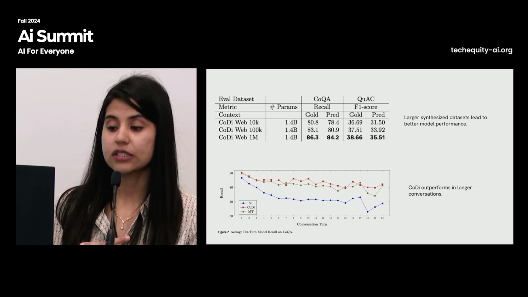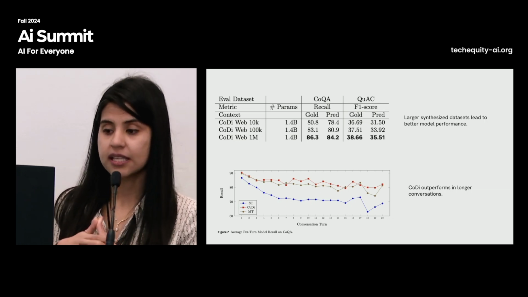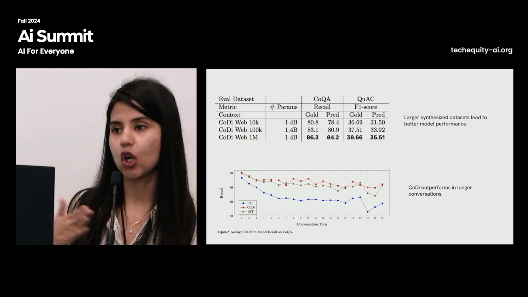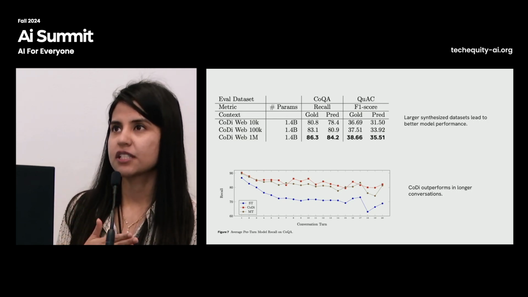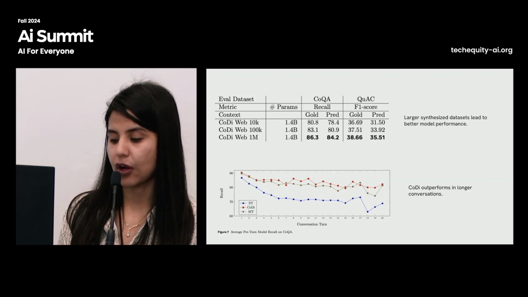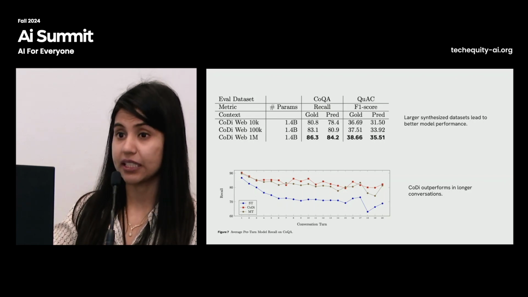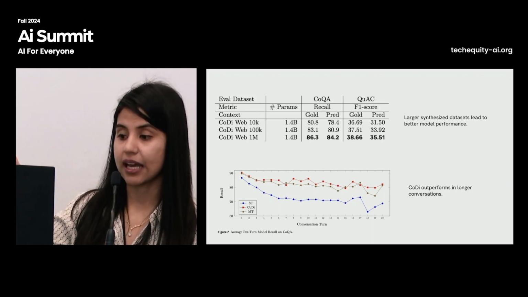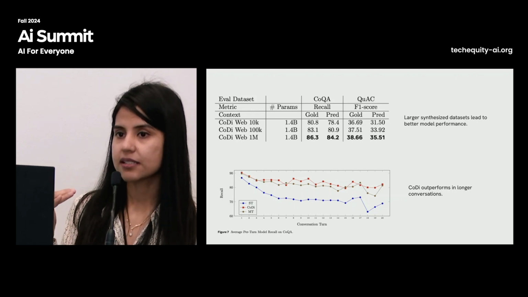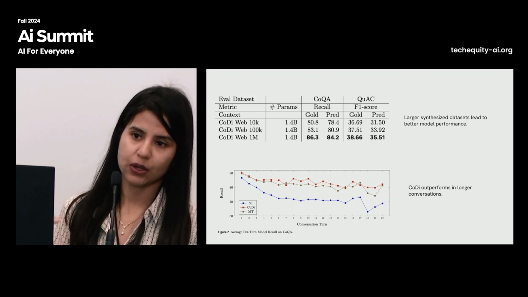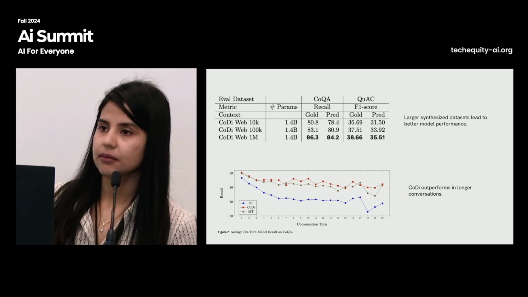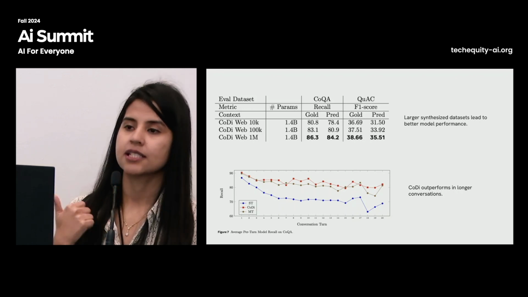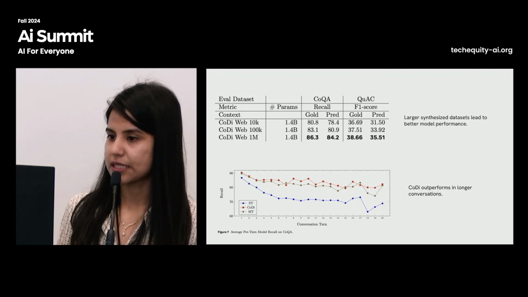And finally, we also see that the model performance actually outshines in longer turns. In our experiments, we created multi-turn conversations ranging from, I think, 5 or 7 up to 20 turns. If you look, after turn 7 there's a marked improvement in the red line, which is our model, versus the ones trained on the human-annotated data. So good quality data and longer turns do improve performance.